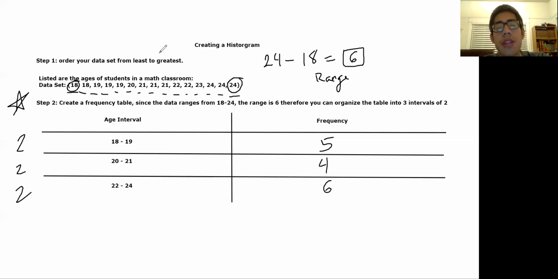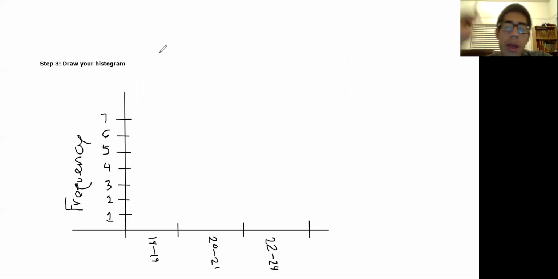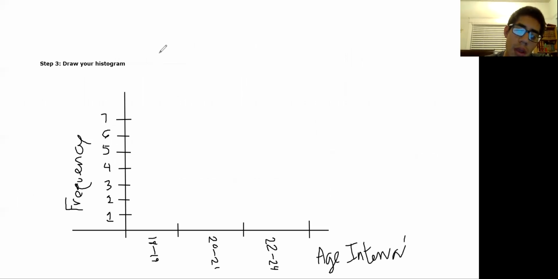Once you have your information organized like this, you can actually move on to plotting your histogram. Okay, so what does that look like? Well, you're going to start with the simple X and Y axis, right? You're going to cross them over, and you're going to want to put the information that you just split off,